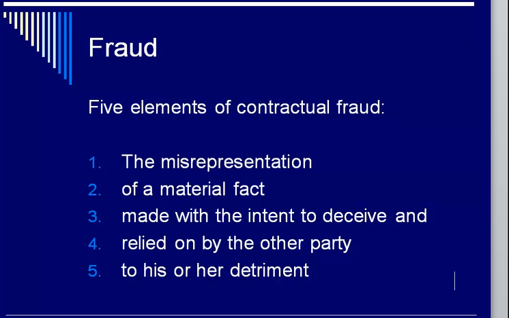How do we prove the intent to deceive? Well, we allege that in our complaint with as much detail as possible, and then we ultimately allow the jury to find out and make their decision as to whether there was intent to deceive. You might look at facts such as, should the other party have known it wasn't a diamond? Was it in a box that said cubic zirconia that he removed the label on? Any fact you can think of that will help establish the intent to deceive will allow a jury to make that decision. And then obviously it was relied upon by your mother to her detriment.